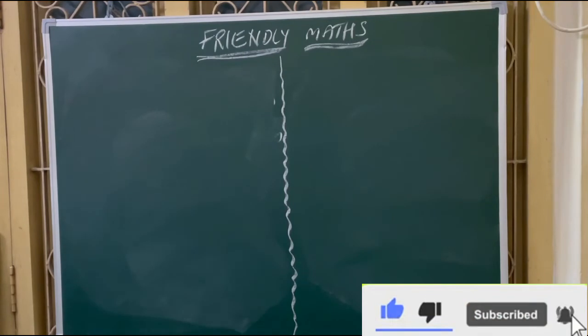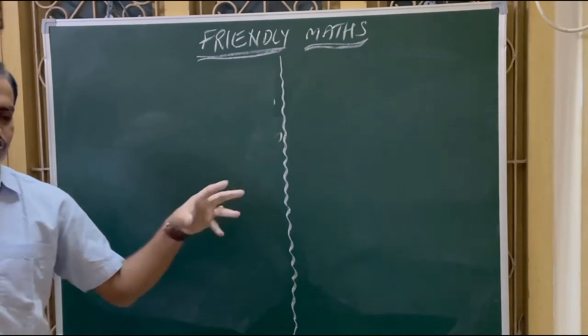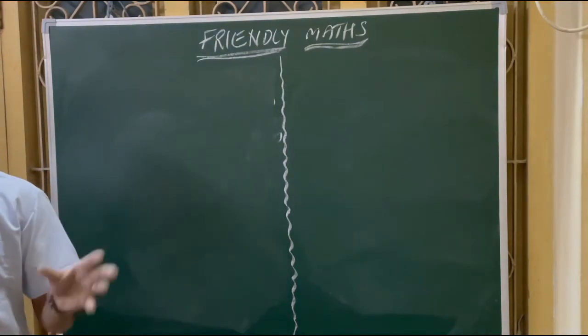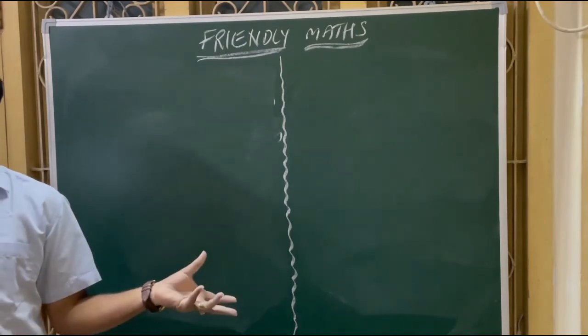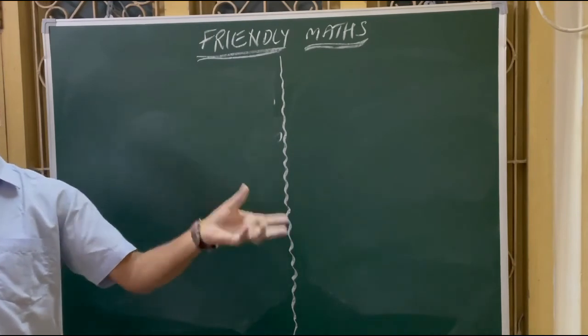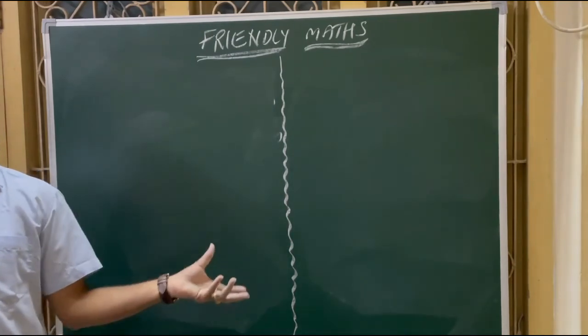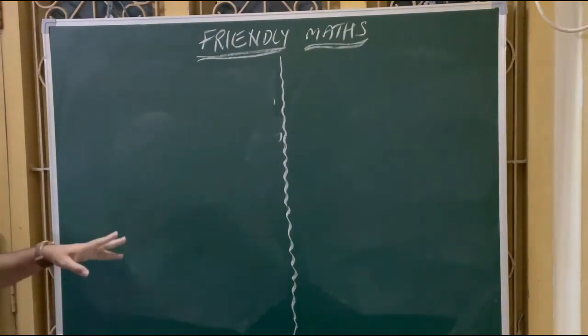A chemist wants to prepare 10 liters of solution, but he has two solutions, which are 50% acidic and 25% acidic. By joining those two solutions, he wants to prepare 10 liters of liquid which is 40% acidic solution. Then how many liters of the first concentration and second concentration must be mixed to get 10 liters of 40% solution? That's why this is also a very important problem.